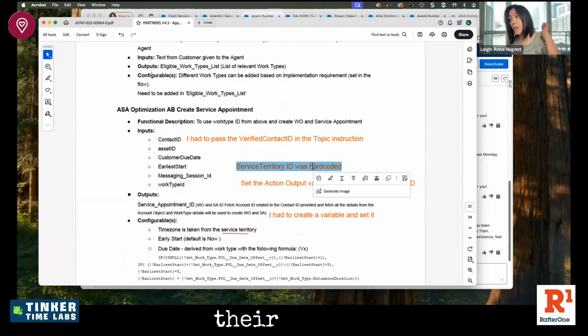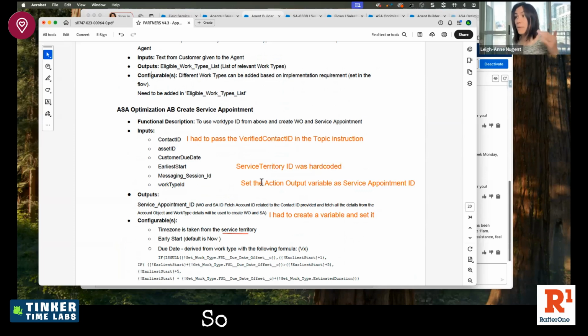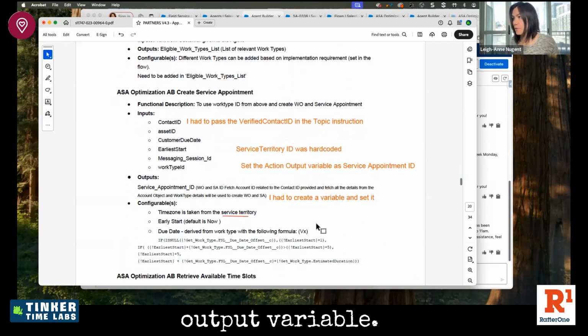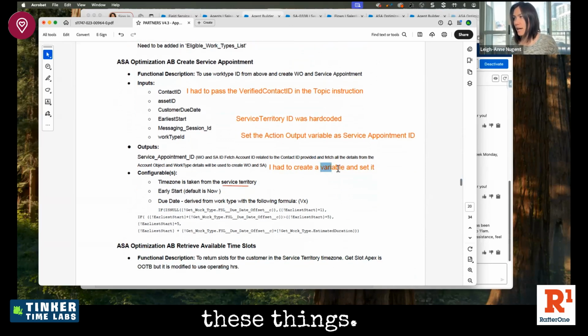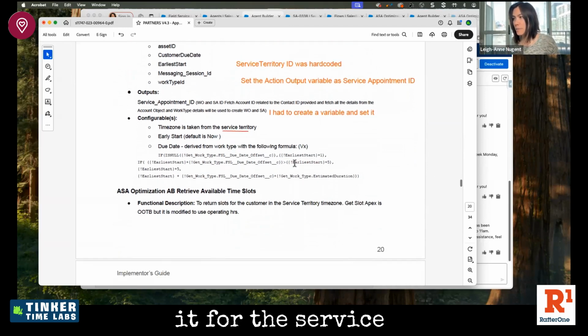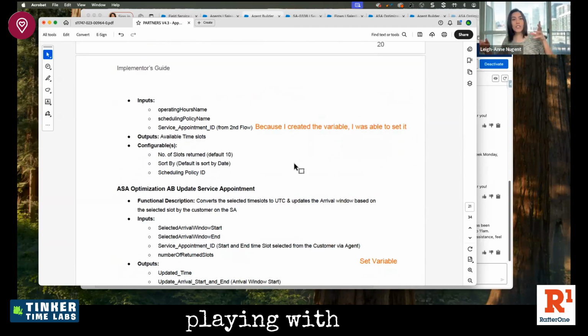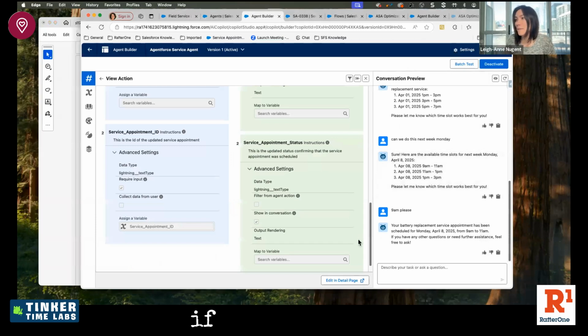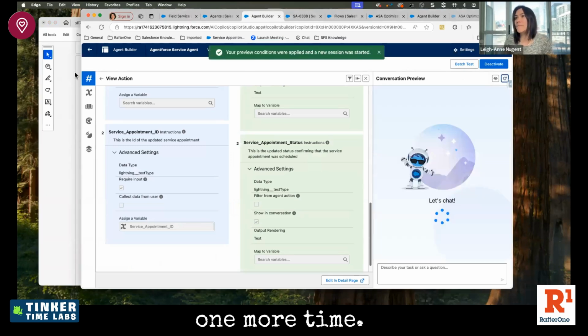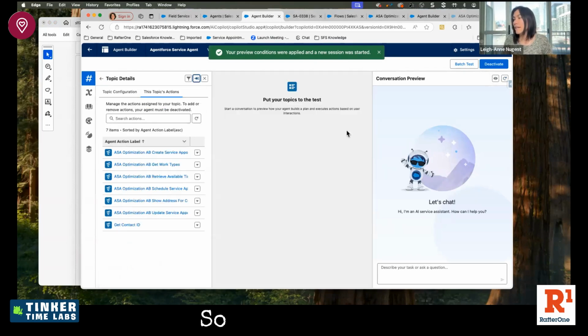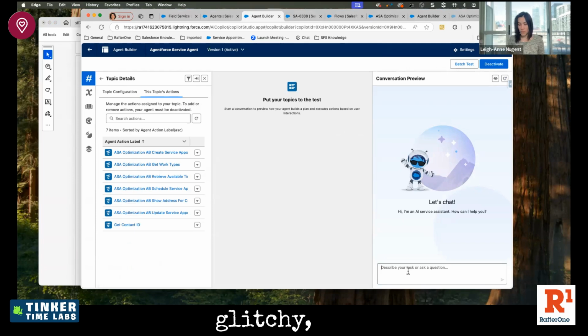Now, in their flow, this service territory ID was hard coded. So that was the first error that I had. So I had to replace that territory ID. And then I also set the action output variable. So some of these things, I had to create a variable and set it for the service appointment ID. But then I kept playing with, do I set the service appointment ID or not? Like I kept putting it in and taking it out. And what does it look like? So I do wonder, maybe I want to try it one more time. Maybe there was just something glitchy. So let's just